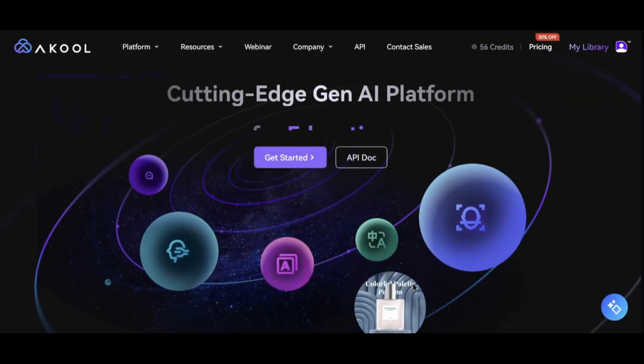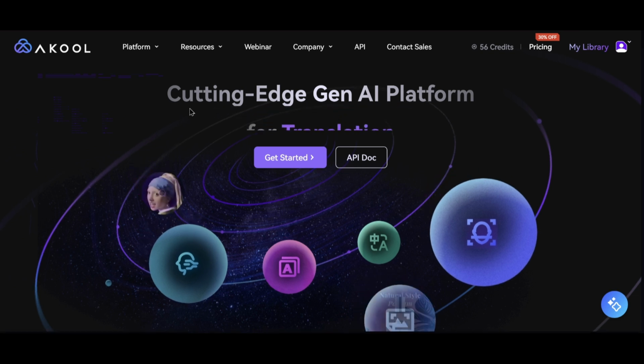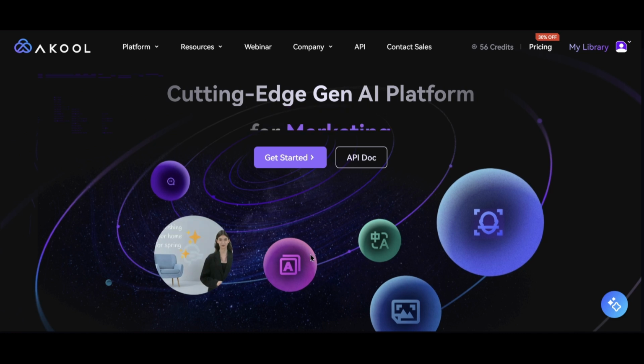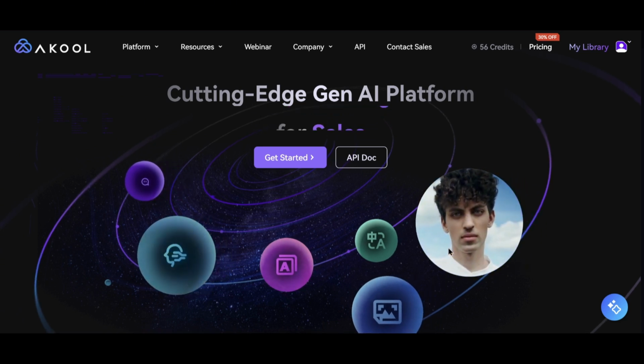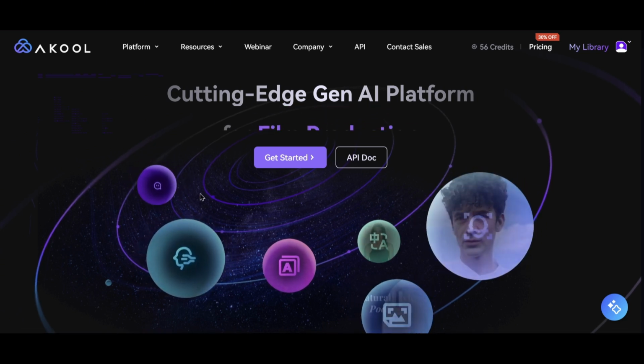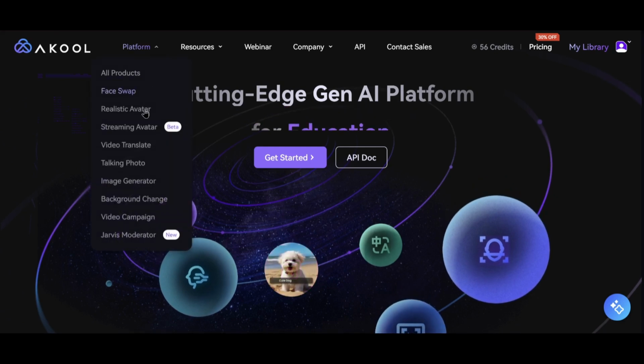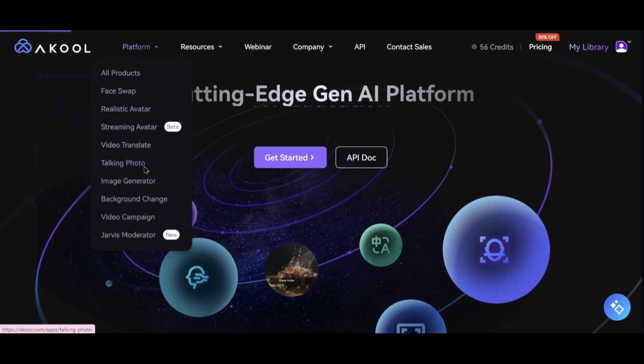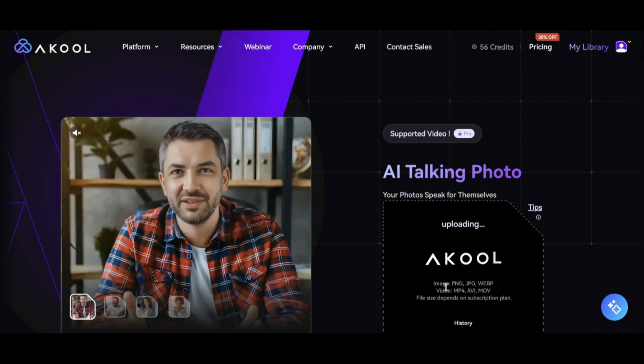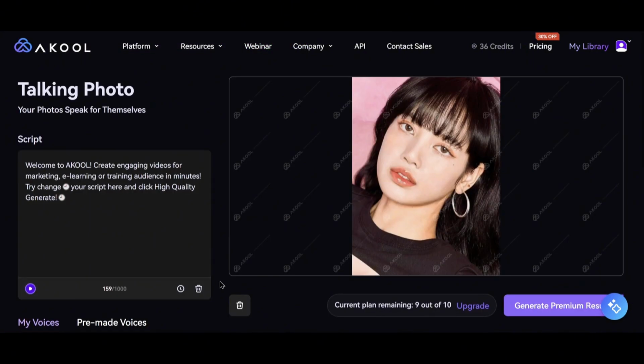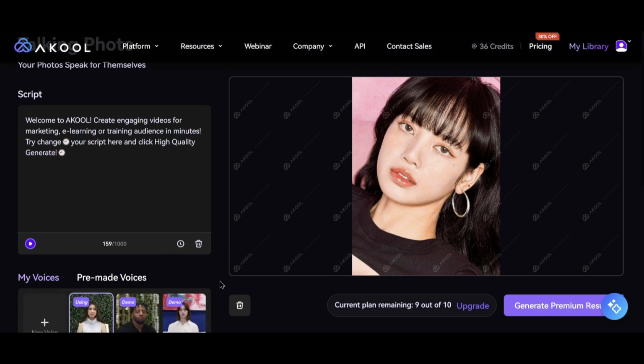Lastly, let's explore the talking photo feature, which adds a dynamic twist to your images by bringing them to life with speech and movement. This tool is perfect for creating engaging content that captures your audience's attention. To use Talking Photo, simply select Talking Photo and upload a photo of a person or a character you want to animate. Once your image is uploaded, you can easily select from a range of pre-made voices that suit your